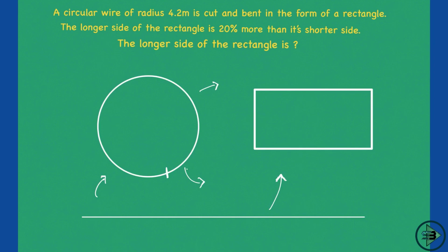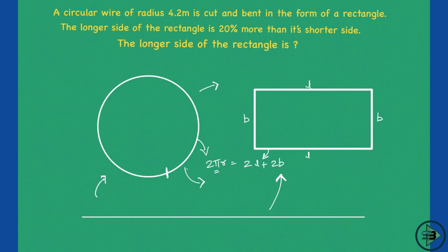What is given right now and what is being asked? What do you understand from this? The circumference of this, 2 pi r, will be equal to what? The perimeter of this will be equal to the perimeter of this. So the perimeter of this is 2 pi r, which will be equal to the perimeter of the rectangle, and we know the perimeter of the rectangle is 2l plus 2b. So this will be equal to 2l plus 2b.